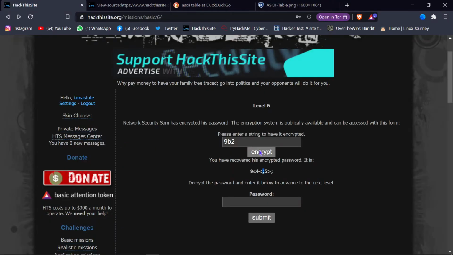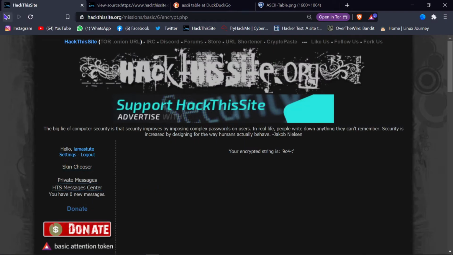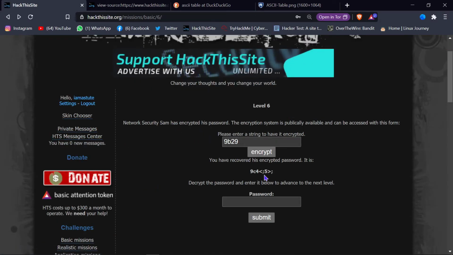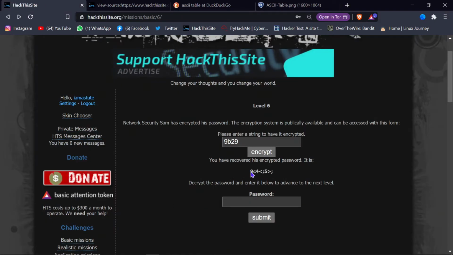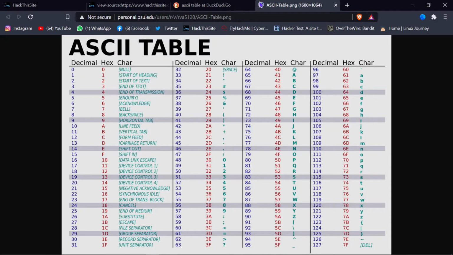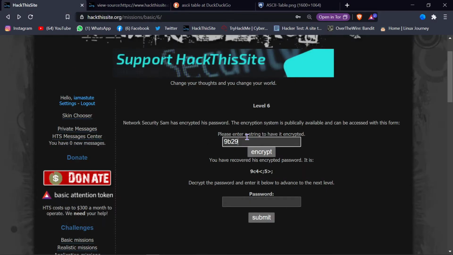So let's try 9. Encrypt. Okay, it's working. So semicolon. Let's see for the semicolon. How many times do we have to subtract? 1 2 3 4. Now we have to subtract by 4. Semicolon minus 4, 1 2 3 4, 7. So let's type 7.